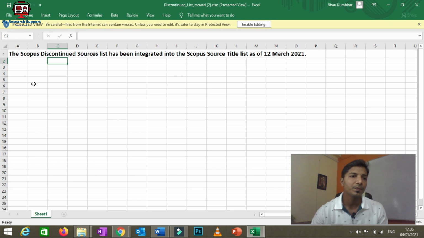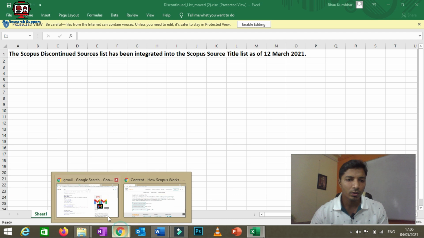See, it is displaying that the Scopus discontinued sources list has been integrated into the Scopus source title list as of 12th March 2021. Meaning from 12th March 2021, this list is integrated with the continued sources itself.